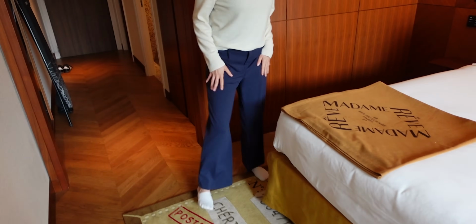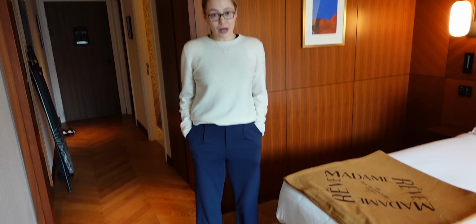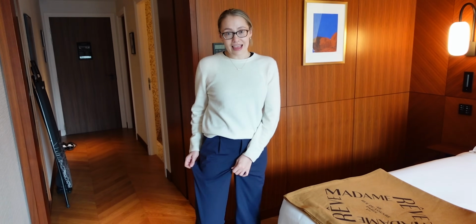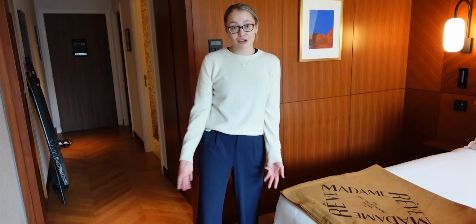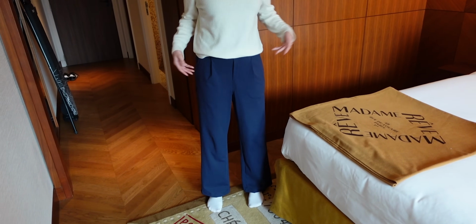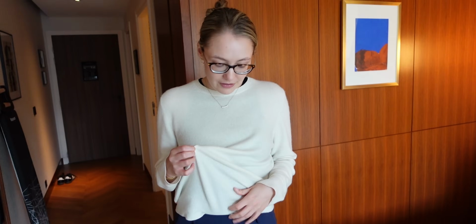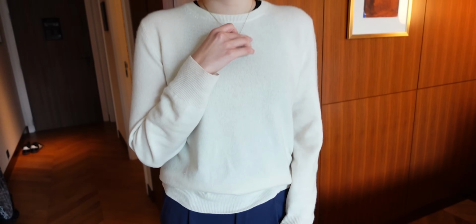So for travel, I'm wearing these Halara pants. They're super cool. I just got them. They're basically a legging material, so they never crease, so they're perfect for travel, but they look a bit smarter. So it's nice because you're wearing almost leggings, but at the same time you look a bit dressed up. And then I've got my cashmere thin jumper and a top, and some of my favorite everyday hoops from jewellery, and a necklace from Idol,